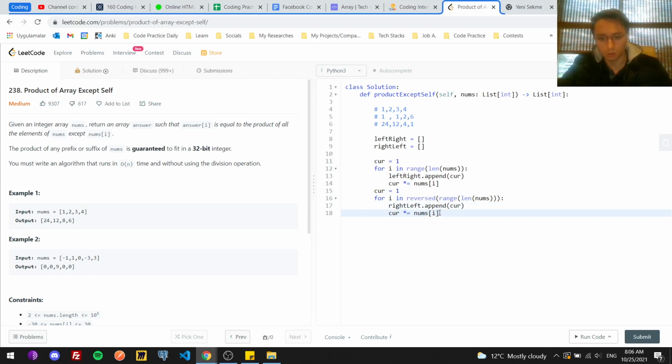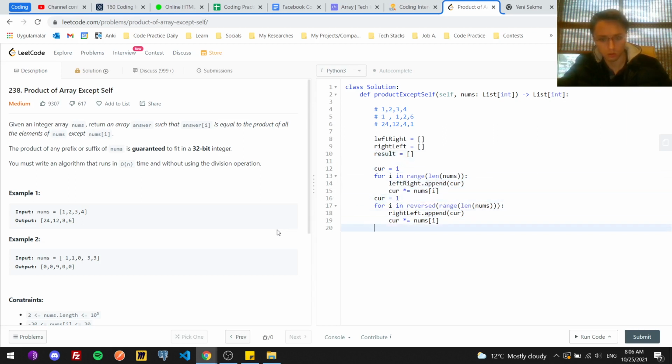As we see here, we're doing the same thing, and we will have this array. And then at the end, do I have to return this result? Okay, so my result will be